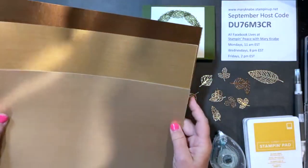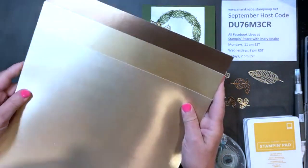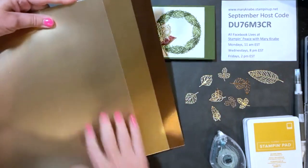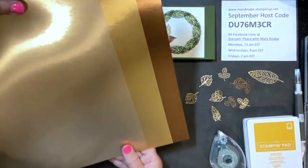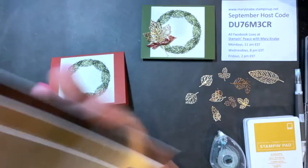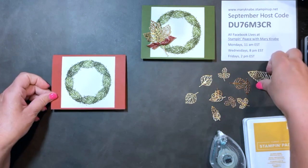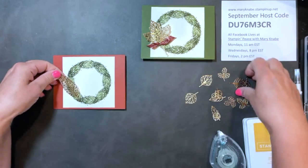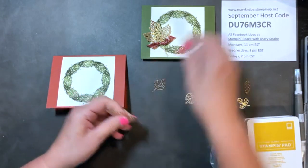So you can see they work well together, but they also work well separately. And then you can see why it's called brushed metallic, because you can actually see brush strokes through it, although it's perfectly smooth and easy to work with. So I'm just going to add a few of these leaves, and I'm going to keep